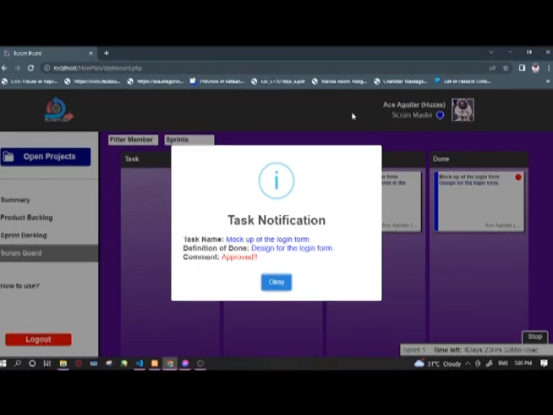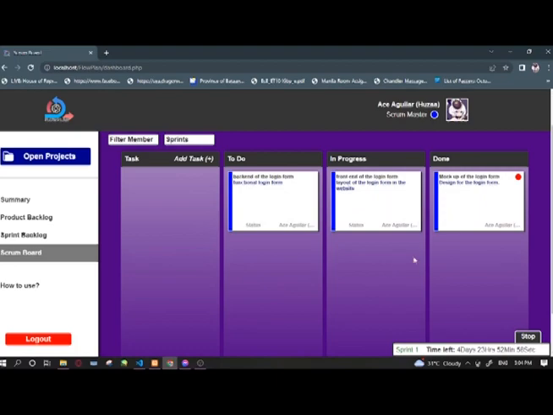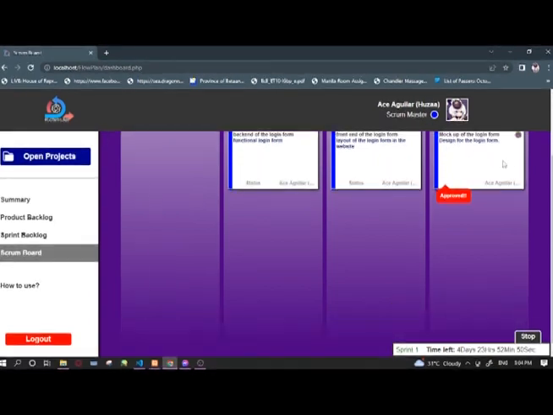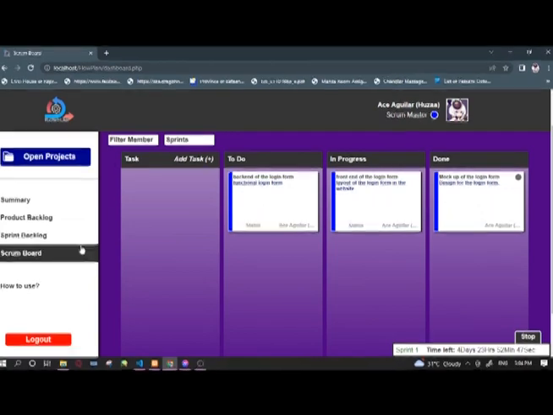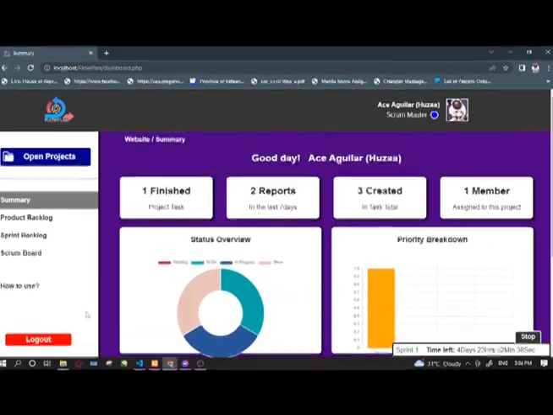So there is no need to work on this, they already finished this task. As in here, they already have the comment approved. There you go. As you can see here in the summary, we now have